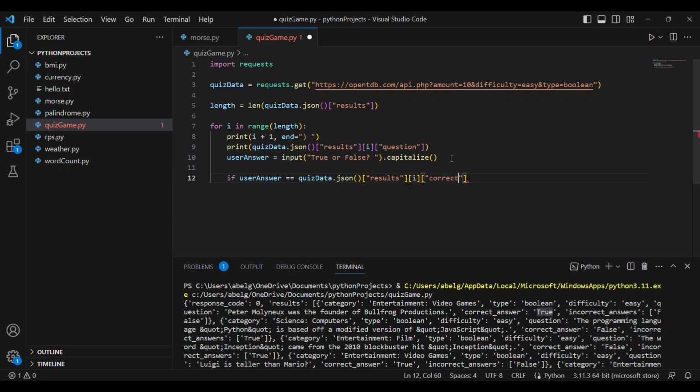So we're going to have correct_answer. This is going to access the ith element. For example, when i is 0, it's going to go to results, and it's going to go to the first element. Then it's going to go to the correct answer key. The correct answer key contains True, so it's going to compare True to the user's input.